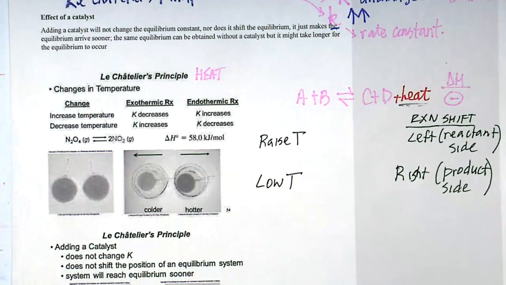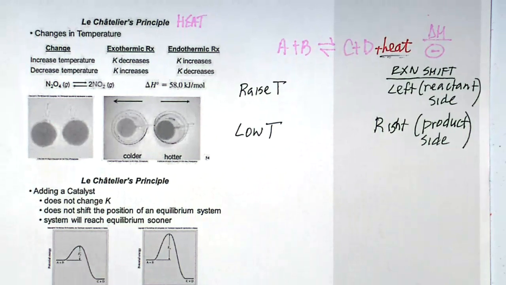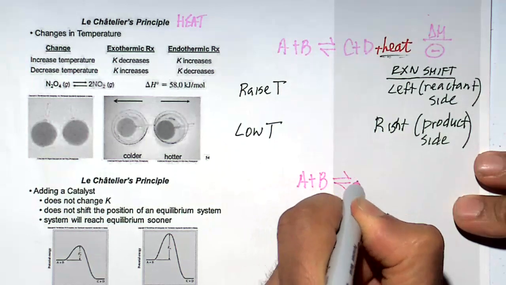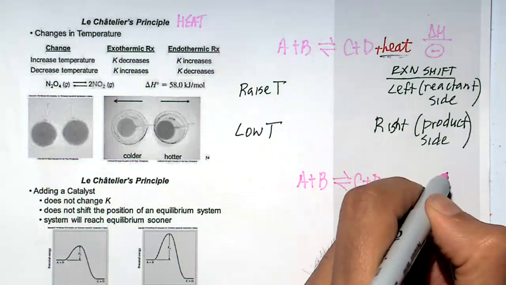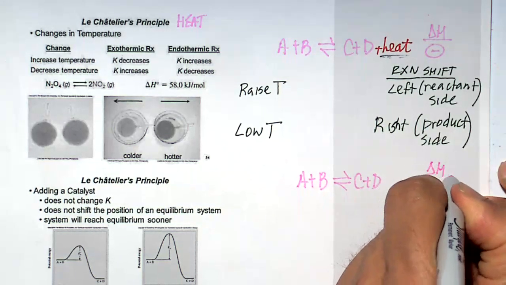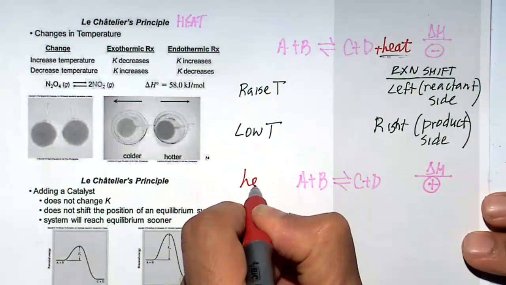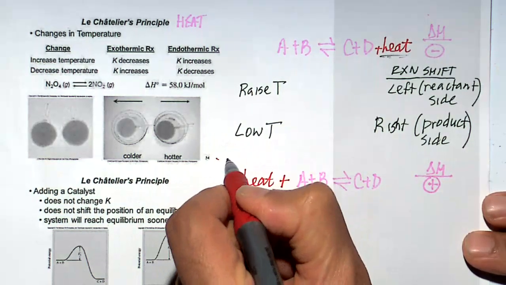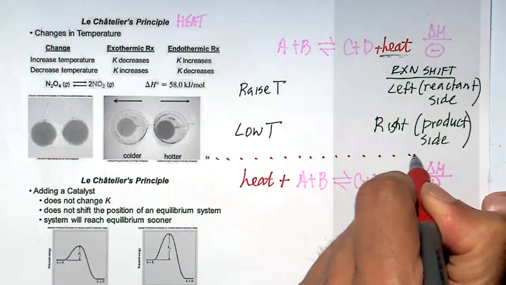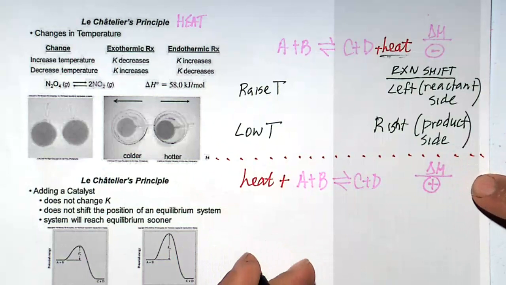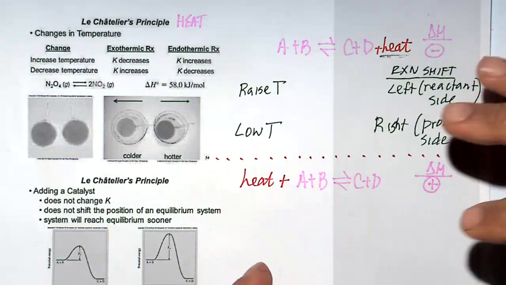All right, let's do one more. We'll do this now for an endothermic reaction. There are two things I want you to know for an endothermic reaction. Number one, the delta H, change in enthalpy, will be positive, but an endothermic reaction is going to require heat. All right, let's do our same situation here. We will raise the temperature, but this time we will raise the temperature of an endothermic reaction.